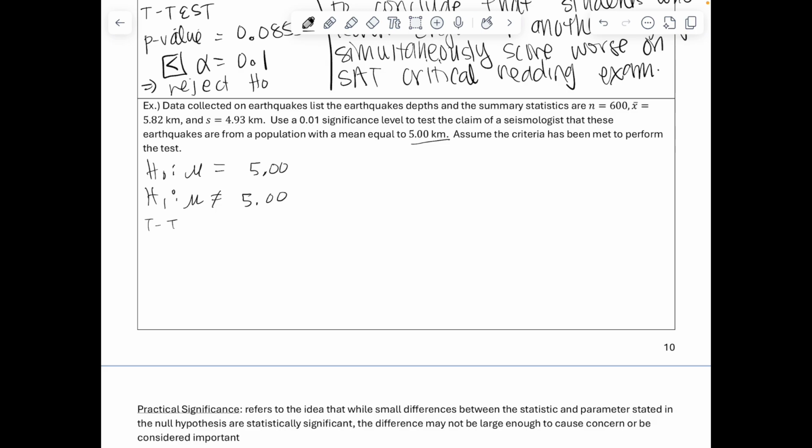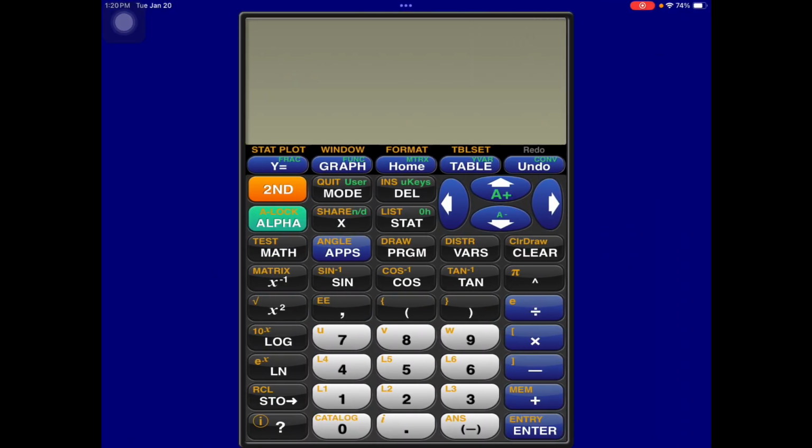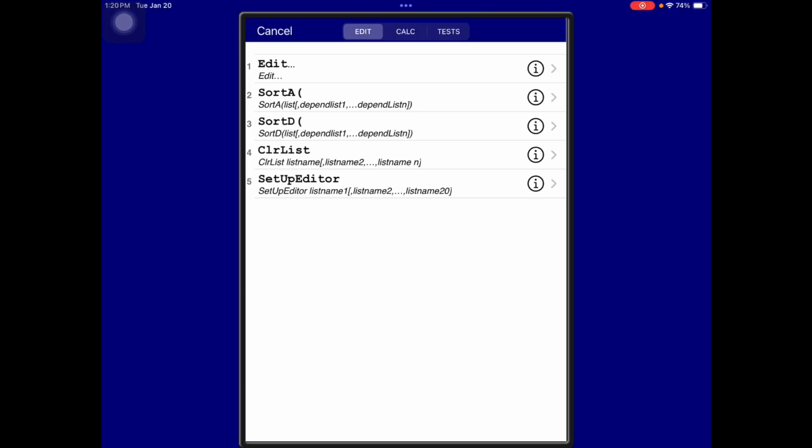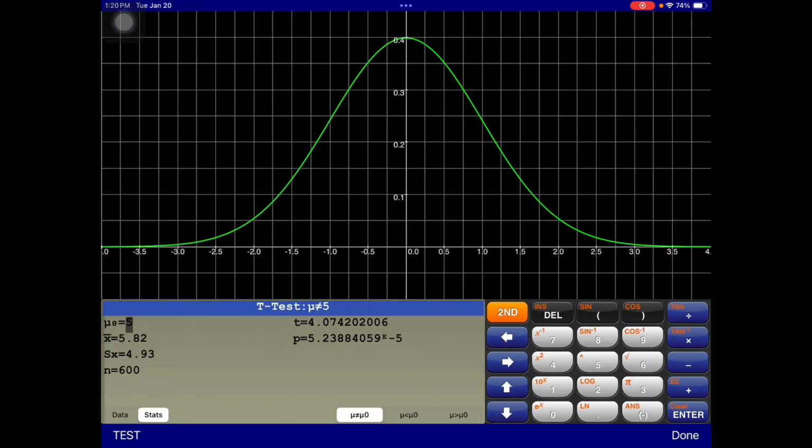So on our calculator, we are going to use a t-test. On the graphing calculator, we are going to go to stat, test, t-test. From here, you need to enter in mu naught is 5. Our mean is given as 5.82, standard deviation is 4.93, and our sample size is 600. Make sure you realize that this is a two-tailed test, so select that not equal option. And you'll notice that our p-value is